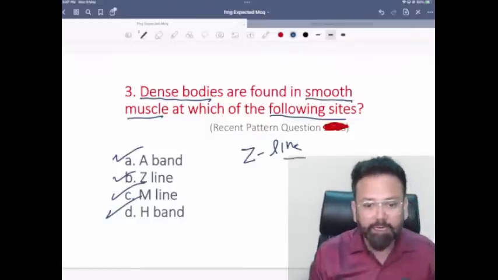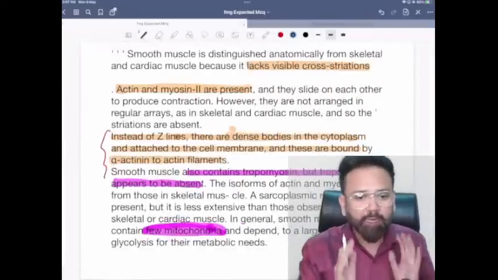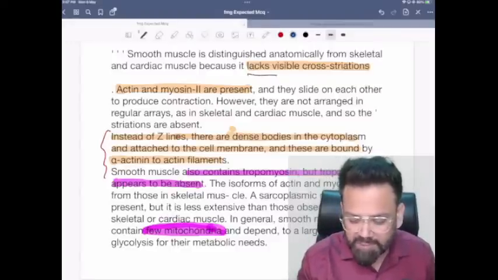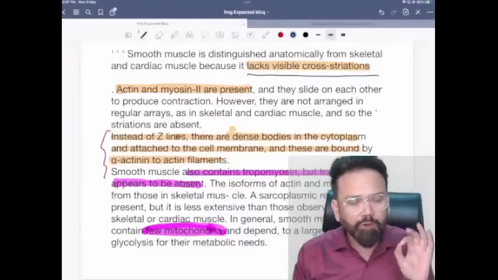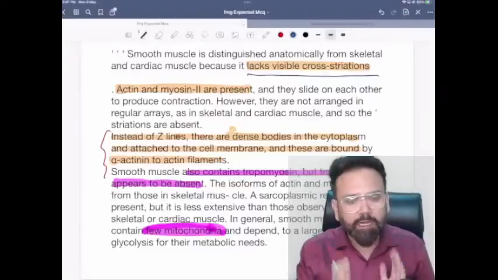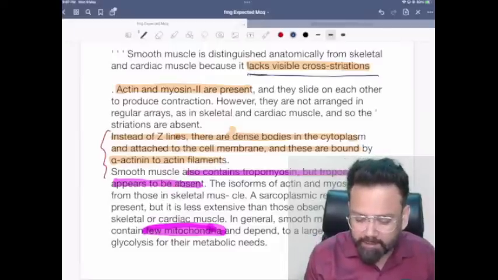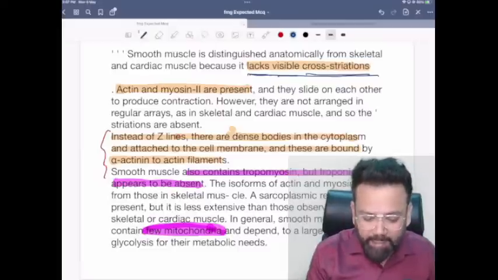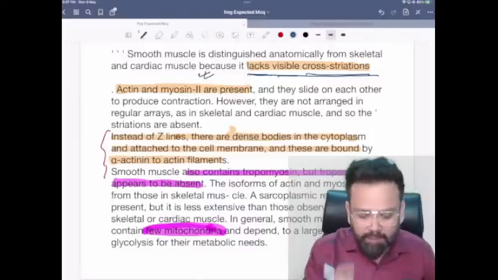Let me tell you. Smooth muscle is anatomically different from skeletal muscle in that it lacks visible cross striation. Point number one: all the points which differentiate skeletal from smooth muscle are very important. The first point is that they lack visible cross striation. Point number two, actin and myosin are present just like skeletal muscle, but instead of